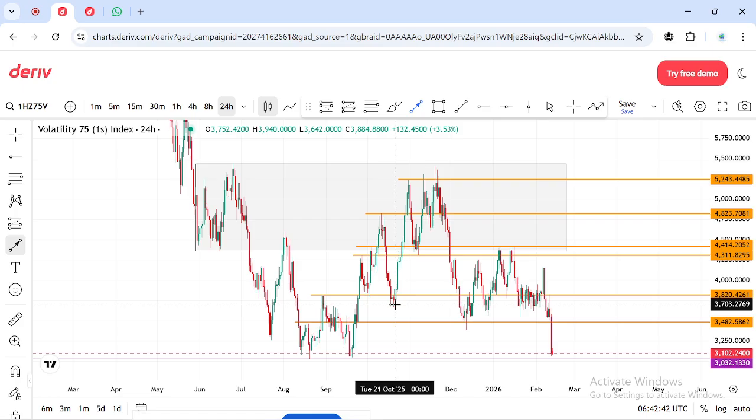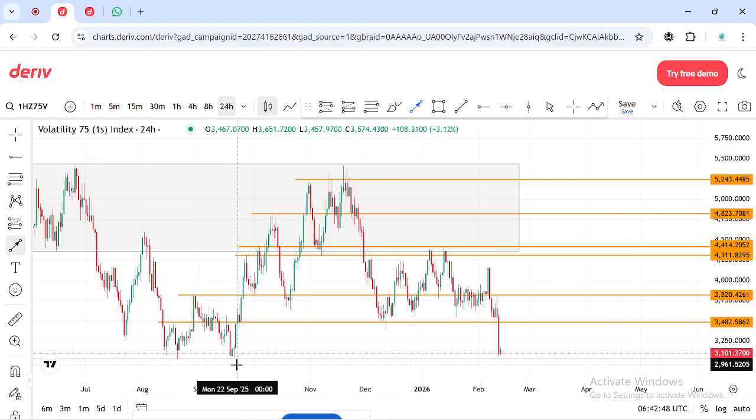Now, clearly, there's one other thing I didn't add on the other side, where we were looking at the higher time frame: I didn't add the trend line. You understand? I didn't add the trend line. A lot of the times I plot my trend line. Now, the trend line helps us a lot to be able to